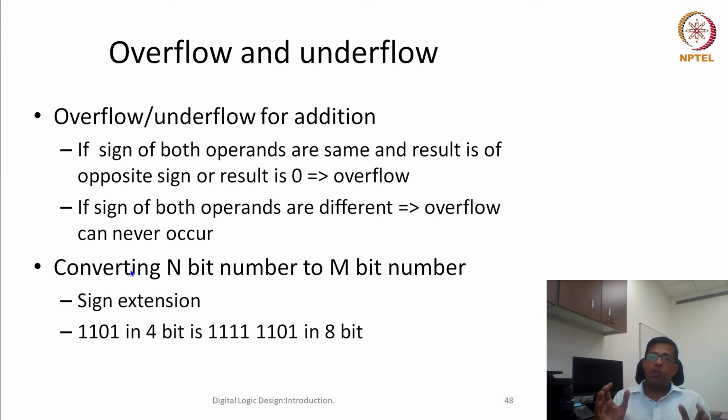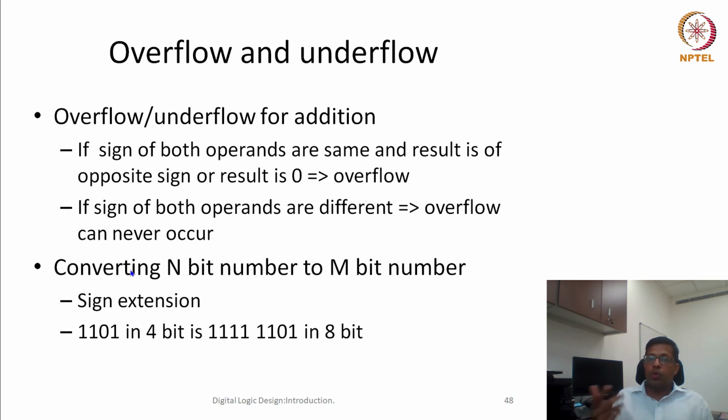5 plus 4, and I am representing only using 4 bits. So 5 plus 4 will result in 9, and using 4 bits I can only represent from -8 to 7. So 7 is the largest positive number that I can represent, but my output is 9. That means whatever output my binary arithmetic shows will not be correct. So I have to raise that this is an overflow, this result is not correct.